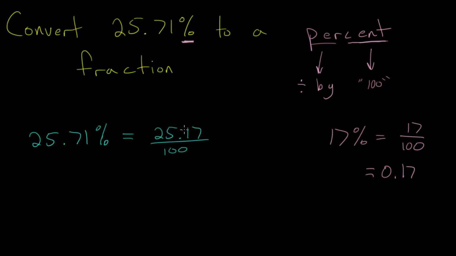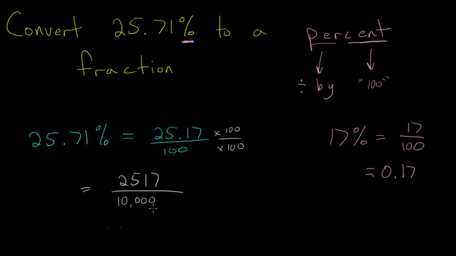And there are a couple different approaches we can use to convert this to a fraction to get rid of this decimal. One simple approach is to just multiply the top, the numerator, and the denominator by 100. Since every time we multiply by 10, it just moves the decimal one place to the right. If we divide by 10, it moves it one place to the left. So when we multiply by 10 twice, or by 100, we move this decimal two different places. So this just becomes 2517 in the numerator, and 100 times 100 would be 10,000. So this 25.71% as a fraction is